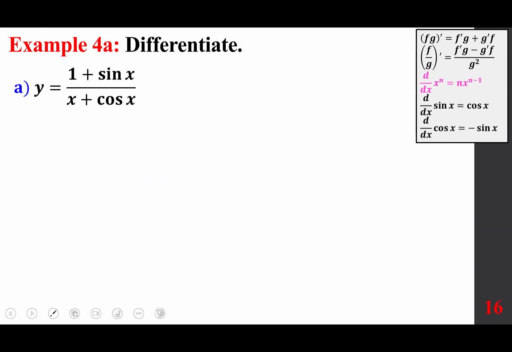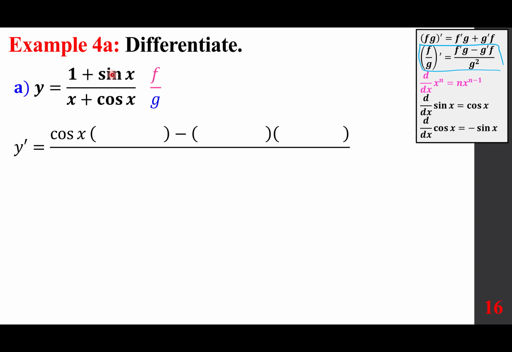Again, y equals (1 plus sine x) over (x plus cosine x). We are going to use the quotient rule. We're going to call it f over g. So we need f prime. The derivative of the 1 is 0, the derivative of sine is cosine x. So the derivative of the numerator is simply cosine x times g, the bottom function, x plus cosine x goes here,